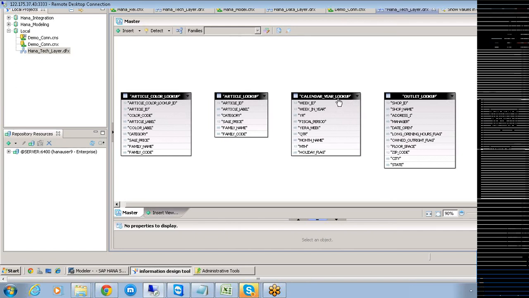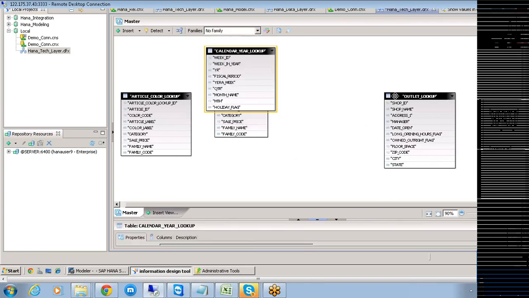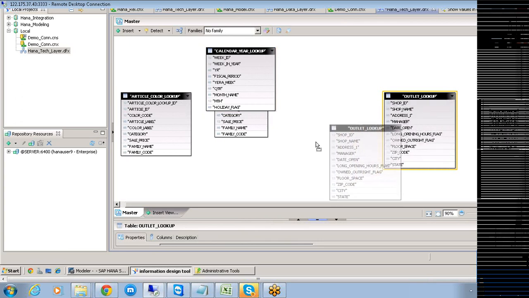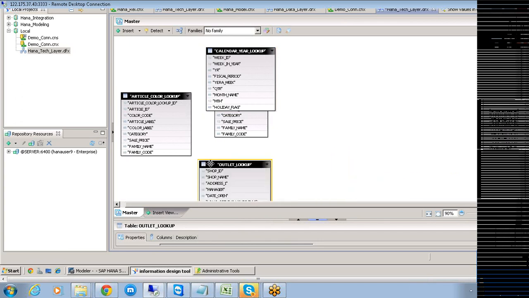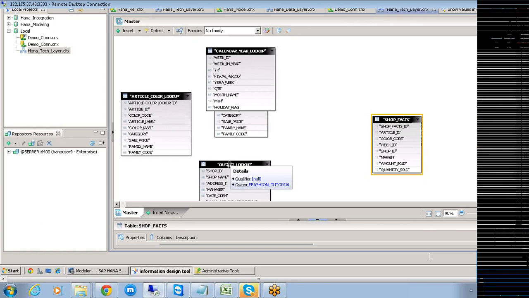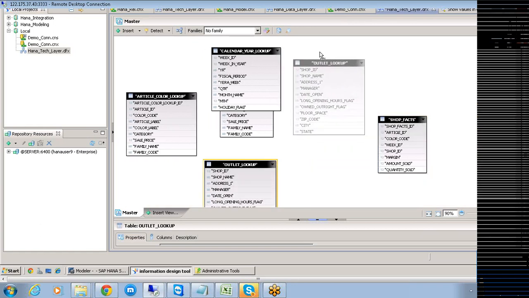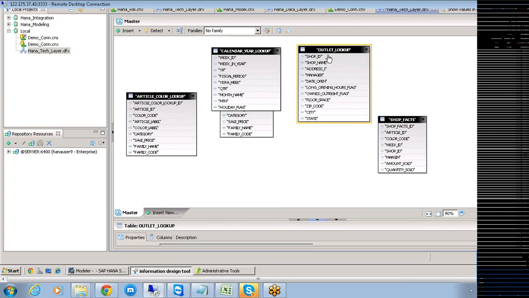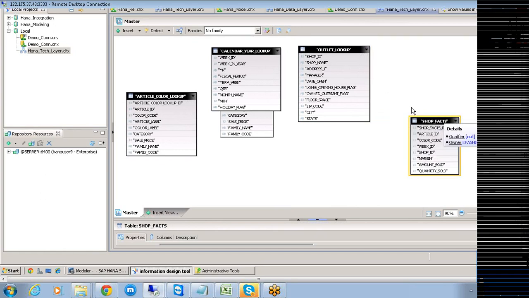So let us try to take the things like this. We will take this particular table and call this one outlet lookup. I'm taking this table, Sharpfax, as well as this table, outlet lookup. These two tables I'm taking here. Now tell me, among these two tables, outlet lookup and Sharpfax, which might be the independent table and which might be the dependent table, and how?